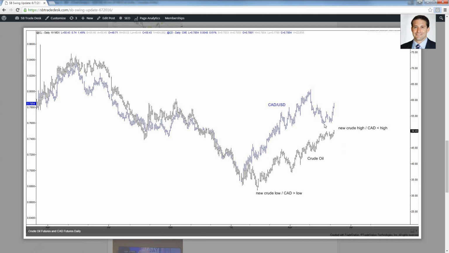When you start to hear people say, oh, the correlation has broken down, just call BS on that, because every time it breaks down, it starts to come back together, right? So, as I wrote last night, the most valuable time to look at this so-called correlation or relationship is when they are not moving together. In other words, when one market's at a new high and the other one's not.